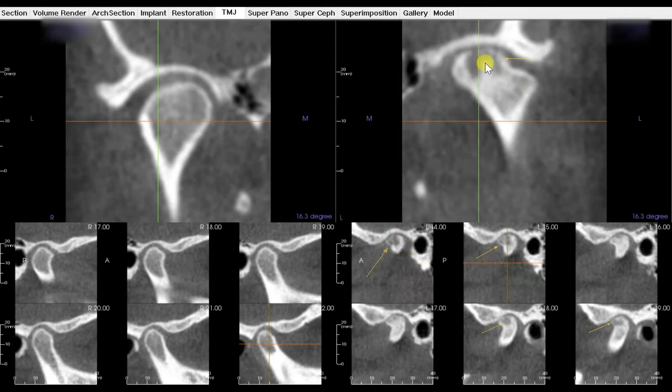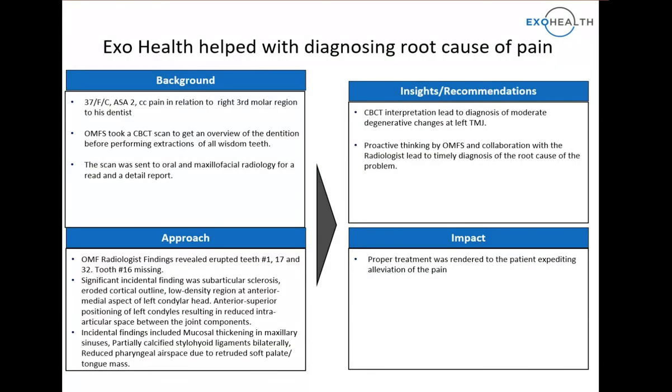As you can see here, there's a low density region at the anterior medial region of the left condylar head, and there is a subarticular sclerosis. The cortical outline looks a little bit eroded here. There's a superior anterior position of the joint in the glenoid fossa, leading to the reduced intra-articular space between the joint components. So this was an interesting incidental finding because that led to the diagnosis of moderate degenerative changes at